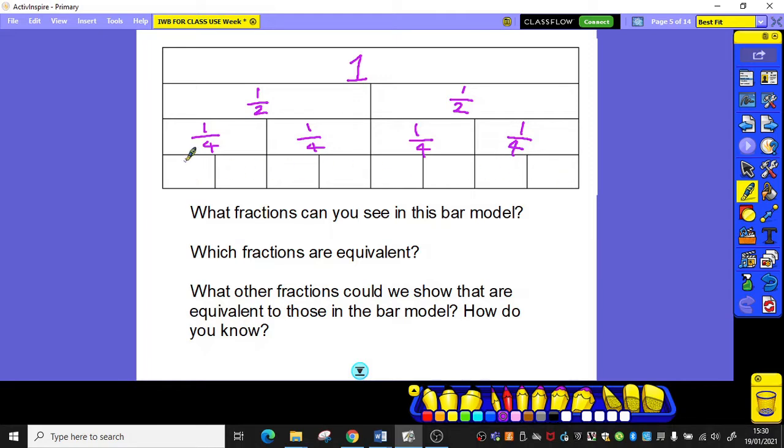Hopefully at the bottom you realise there's 8 pieces, so each of these are going to be 1/8. Now, what fractions then, as I label this up, can you see that are equivalent? Hopefully you can spot some pretty quickly because we obviously worked on this skill yesterday. Okay, so I'm not going to label every single equivalent fraction that we can see, but we can see that